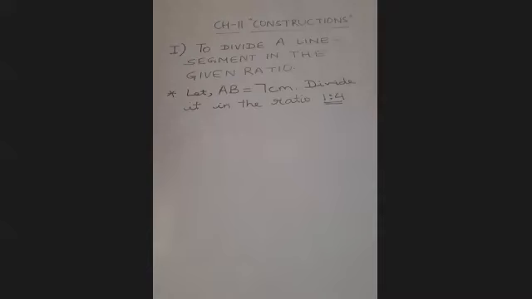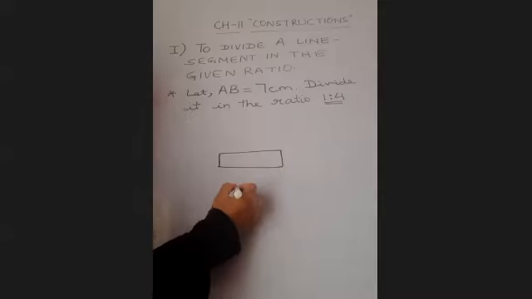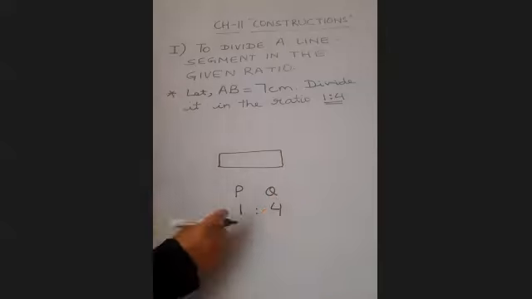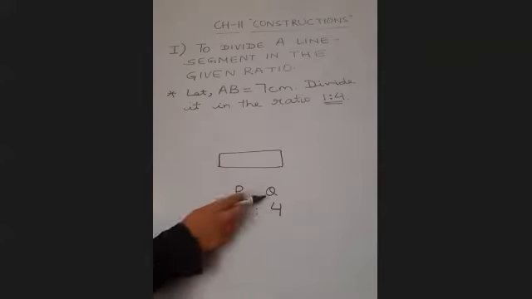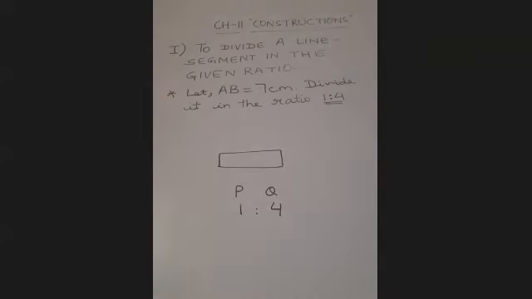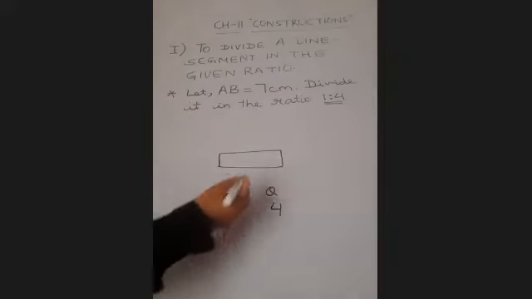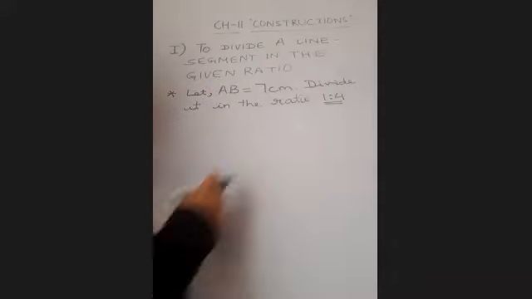of this line segment? 4. 5. Yes, there will be 5 parts. Suppose you have a piece of chocolate and there are two stakeholders of it, P and Q, and I'm saying divided in the ratio 1:4. What does it mean? That if P is going to get one part of the chocolate, then Q should get how many parts? 4 parts. So how many total parts do I have to divide this chocolate in? 5. 5 parts, right? So likewise, I have to divide this line segment AB in 5 parts.